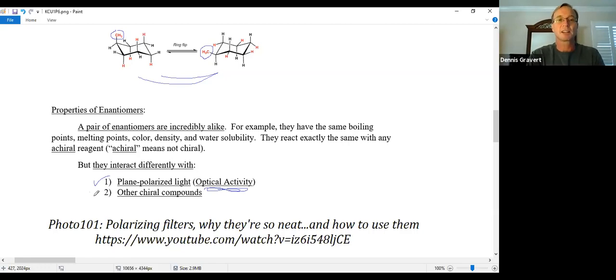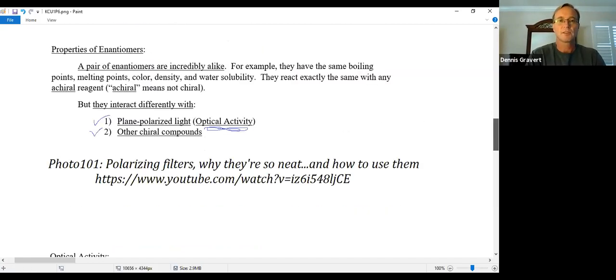The other way is how they interact with other chiral molecules. So if you have one reagent that's chiral and you have a pair of enantiomers, each enantiomer reacts with that chiral reagent differently. Cool. All right, let's talk about optical activity